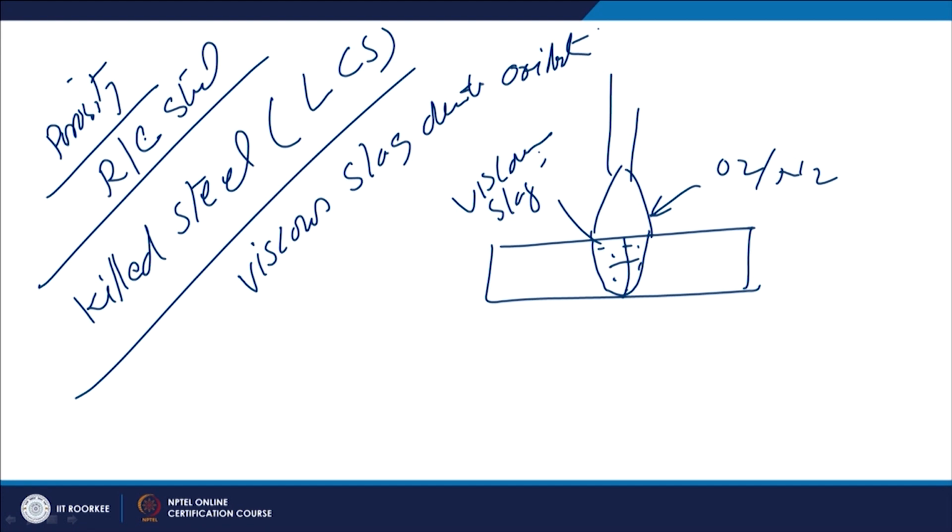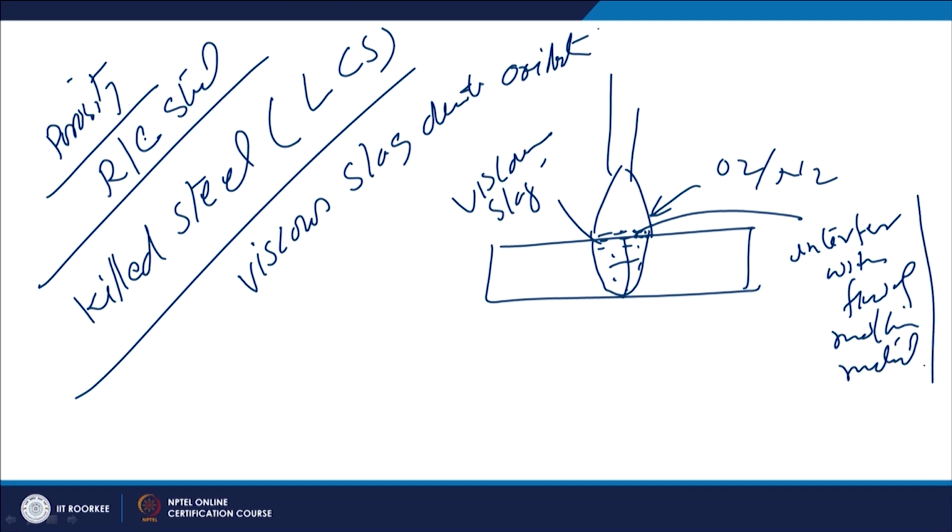So, this viscous slag or the impurities or the oxides which are being formed at the top surface of the molten metal, this viscous oxide layer which is being formed at the top surface layer will interfere with the flow of the molten metal during the welding. So, the flow pattern is adversely affected during the welding. This can lead to the development of weld defects associated with poor fluidity or poor flow pattern